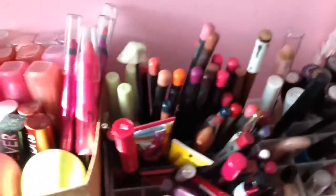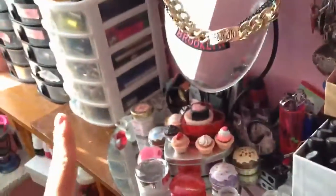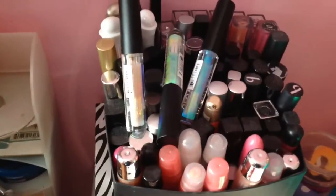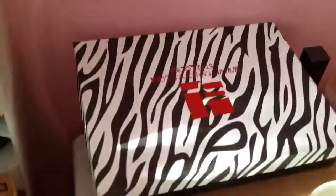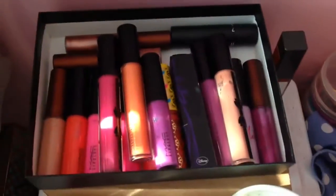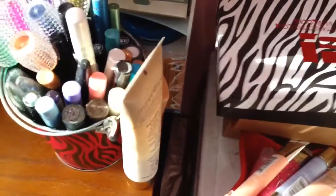Over here, I've got my lip liners, and then it goes into eyeliners. I also have more eyeliners here, aside from what's in that drawer there. Here I have my stack of lip glosses. As you can see, the box is bursting, so I'm not that organized anymore. Under it, in that zebra box, I have my MAC lip glosses. A lot of them are limited edition, so I kind of just keep them hidden. So yeah, there's a little Manisha Aurora peeking out in there. And then underneath that,